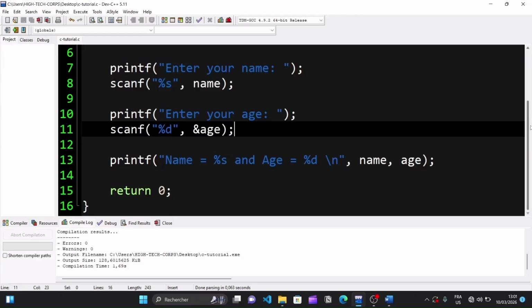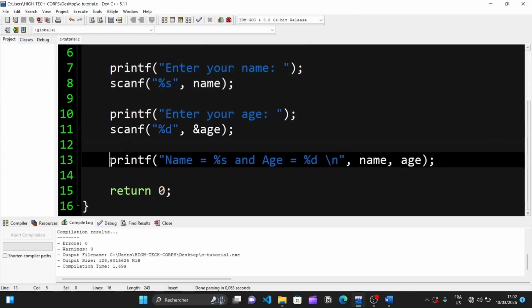A loop is simply a way of doing or executing a specific instruction in your program multiple times. For example, this is a good example that we can use for the loop. This line where we are printing the name and the age obtained from the user input. Now I am going to use a loop to execute this particular line multiple times,